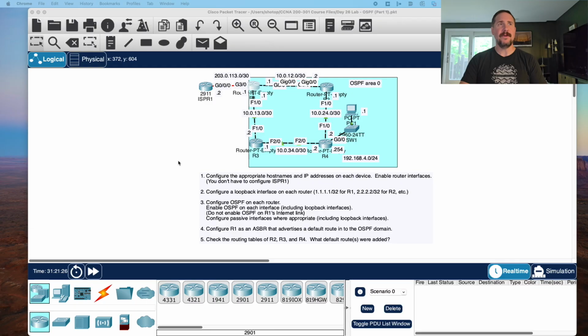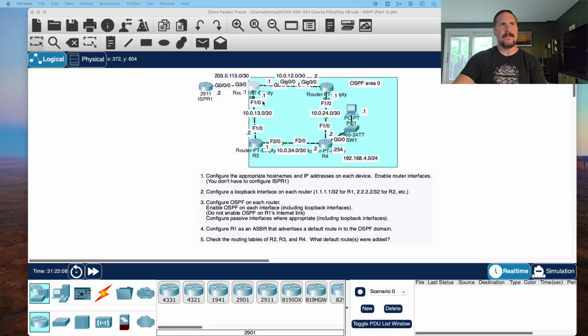OSPF configuration lab. I went back and watched how he solved the lab that we worked on last night, and I had some questions that I was verbalizing throughout that video. I got some answers to them, and they're pretty clever. So I think I was closer than I thought, and that makes me feel good because I am at least able to navigate my way through some of this stuff, as uncomfortable as it sometimes feels. So anyway, the first thing that I wanted to call out was that